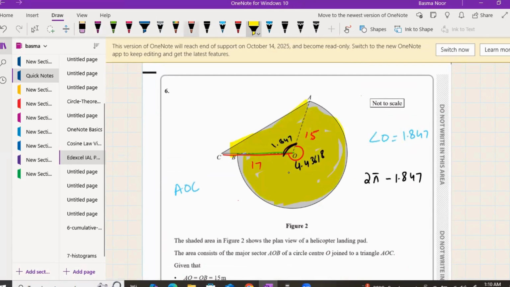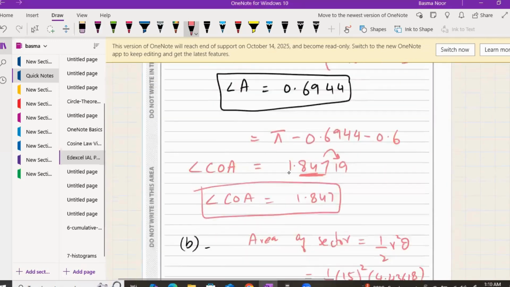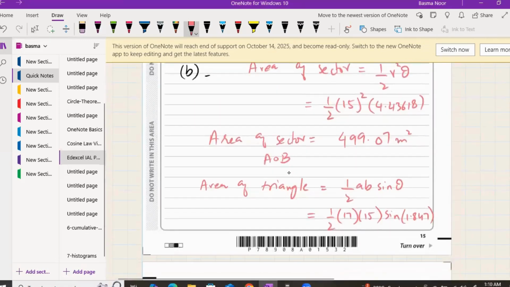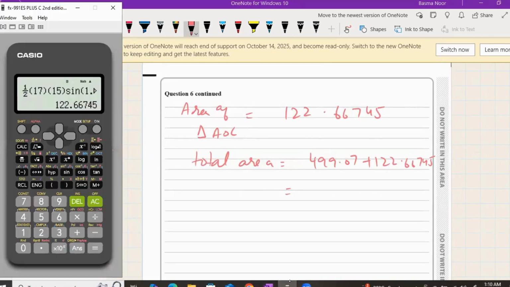So that becomes 499.07 plus 122.66745, and it will get you... I'm just going to add 499.07. I should have used the other figures as well. So that is